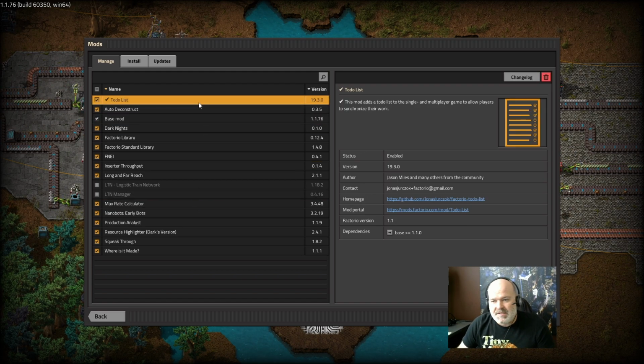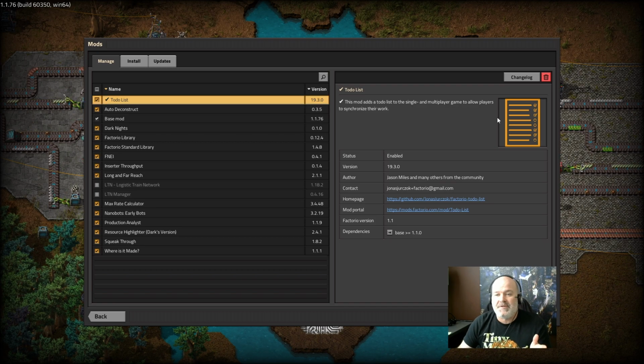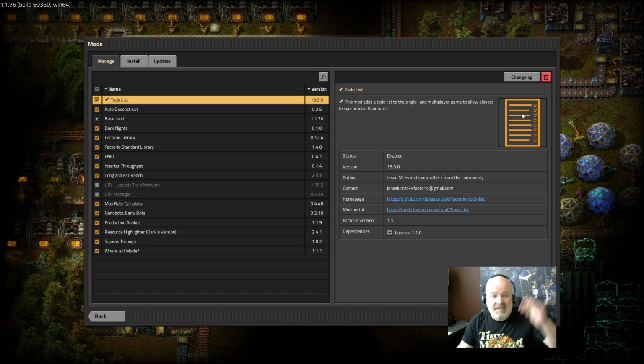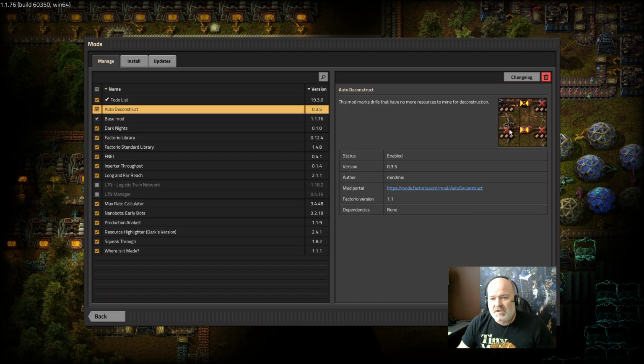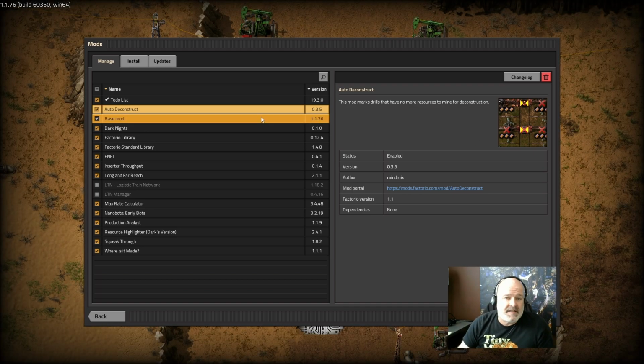To-do list is pretty obvious. It makes a to-do list just like for Satisfactory, where I can just put things in of what we need to do next. I think it's nice for you to be able to follow along that way. Auto deconstruct just puts an X on any miner that runs out of ore, and it just gets auto picked up. It's really nice. It's kind of nice to not have to clean up every little thing on these large